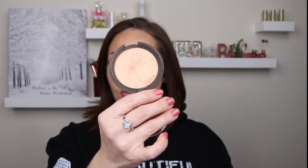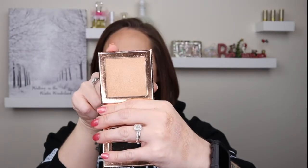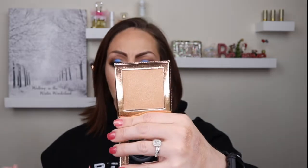All right, now the next one, and this one I've been using for a long time. Like, I hit pan on this one. This is actually my second one in this color, and it is the Becca. This is in Champagne Pop, which is like their most sold cult classic. Right. Now I have the Dose of Colors. This is the Desi X Katie in the color Fuego. This is actually their second time that they've put out Fuego. They had a collab with Dose of Colors before, and it sold out. And then when they brought this out again,